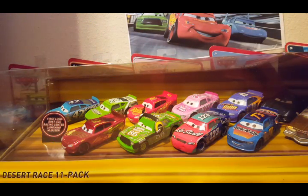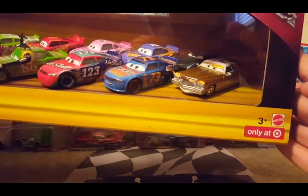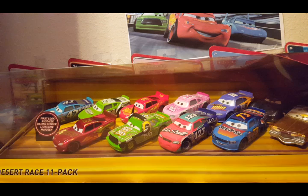And today we're going to be taking a look at the Desert Race 11 pack from the 2017 Cars 3 diecast line. I got this at a Target of mine, and this is exclusive to Target. As you can see on the lower right hand corner of the box, it does say exclusive at Target, or only at Target. And this set includes 11 cars from the new film Cars 3, and actually 3 cars in